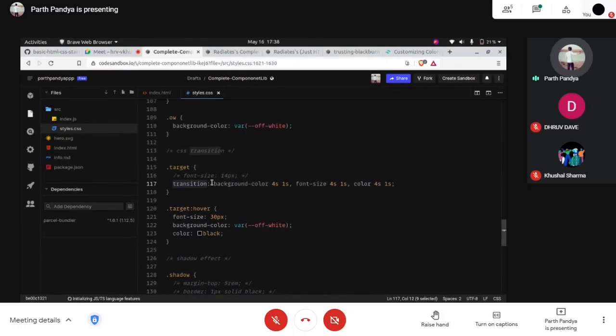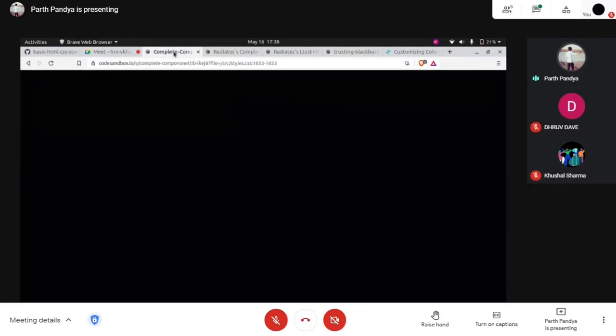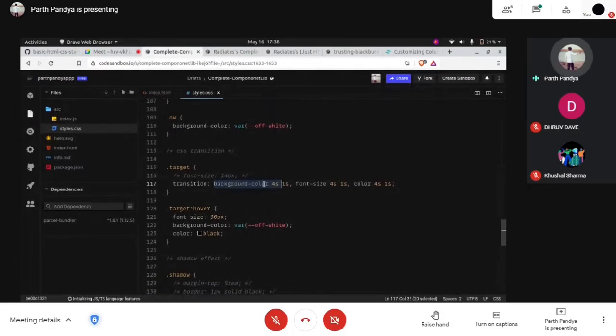So it will give a background color. By default it is white. Whenever you hover, you will get a background color. You will have this maximum font size, and every second the font size will increase, and it will also have a different color.